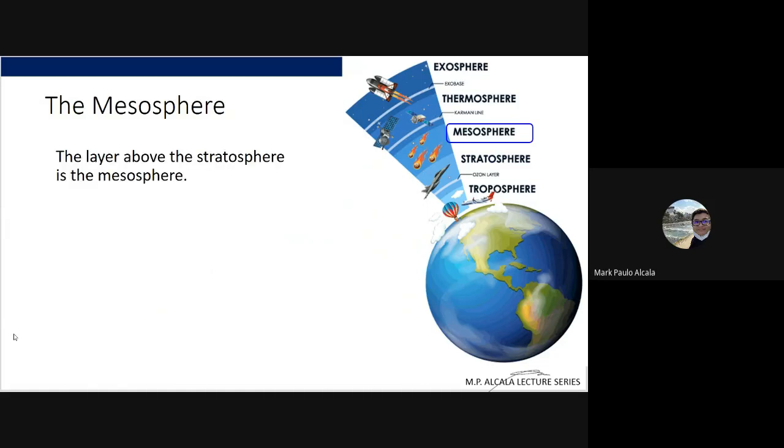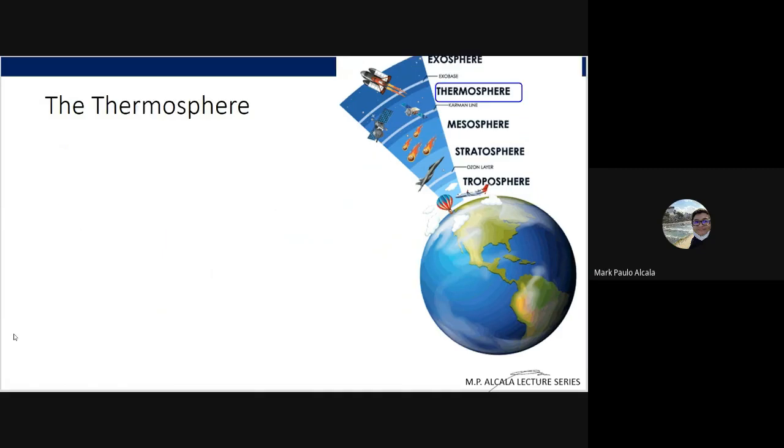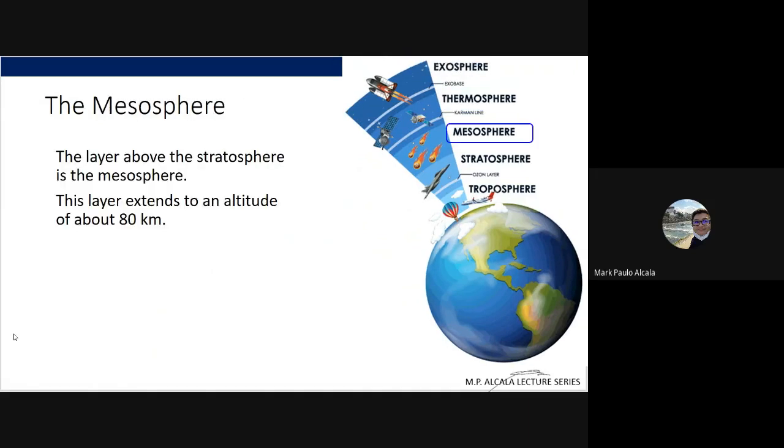Now, the mesosphere is the layer above the stratosphere. It extends to an altitude of about 80 kilometers. The mesosphere is the coldest layer. Okay, the coldest layer, with temperatures as low as negative 93 degrees Celsius. And this is the one